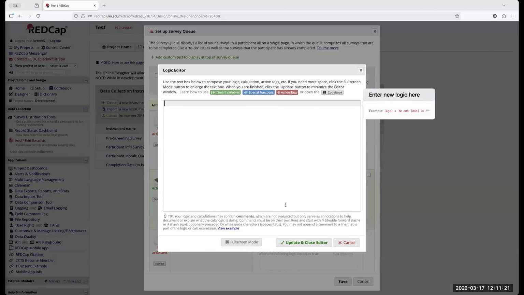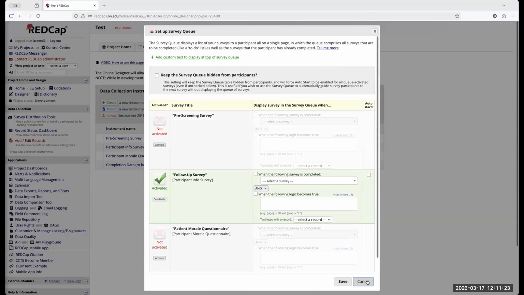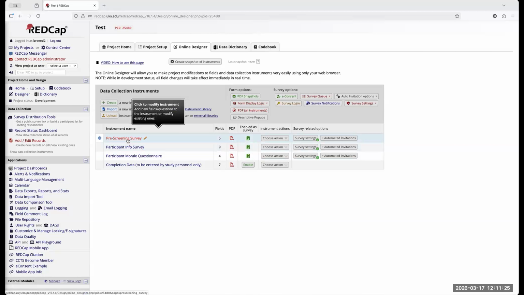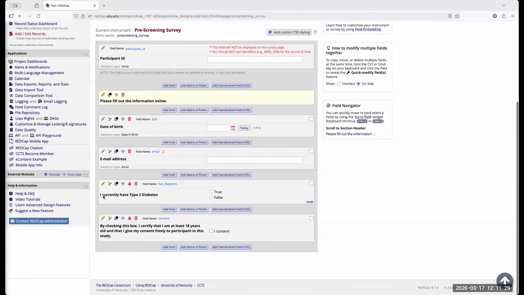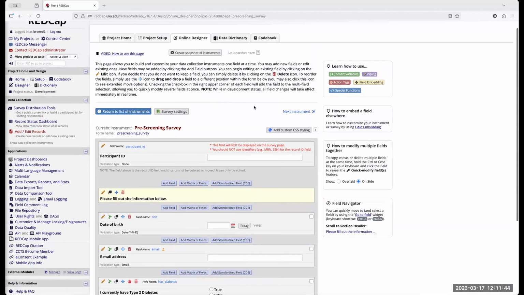So say there's a question in your pre-screening survey. Okay, so you've got type 2 diabetes, yes or no. Maybe you only want those that chose false to receive a particular survey, or vice versa. If they say true, maybe you want them to start receiving the other surveys in your project.